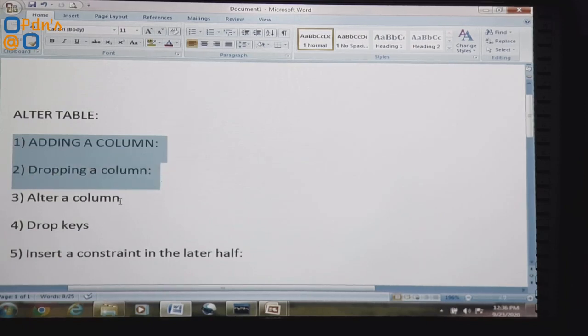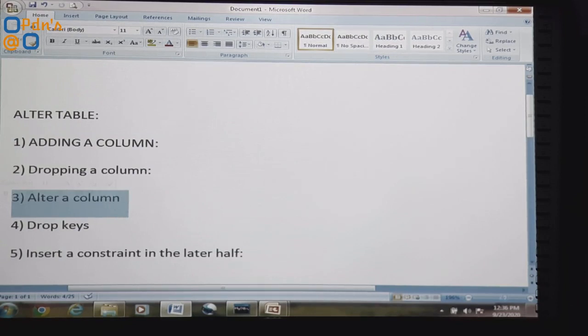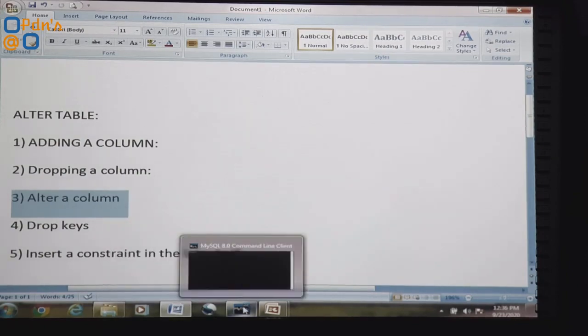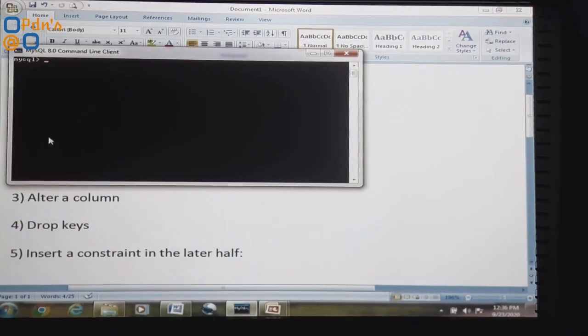Then the third feature is altering a column. If we need to place any restriction on any of the attributes in a relation, or change the constraints or the values of the constraint, then in such a situation we may also use the alter table command. It can be achieved like this. See, we were there inside the teacher relation.